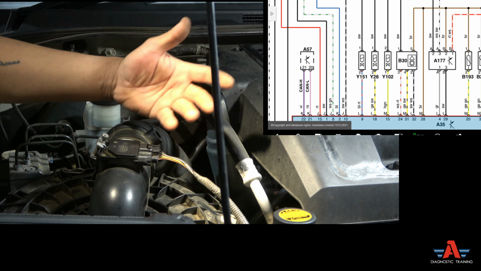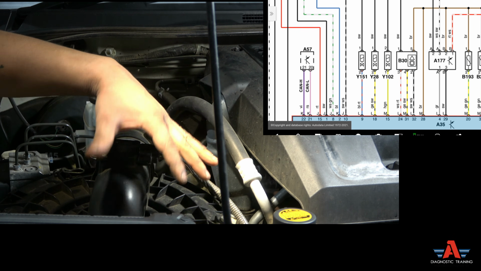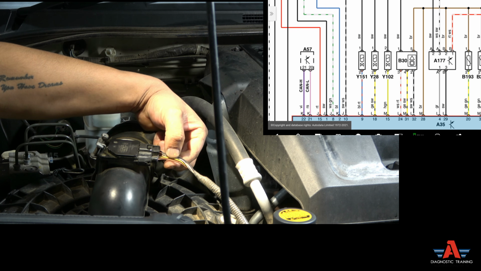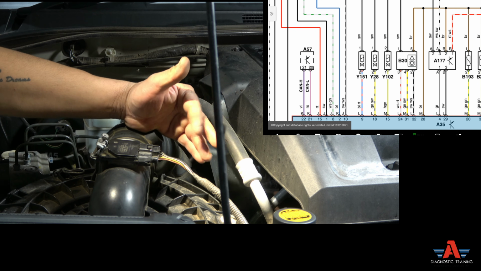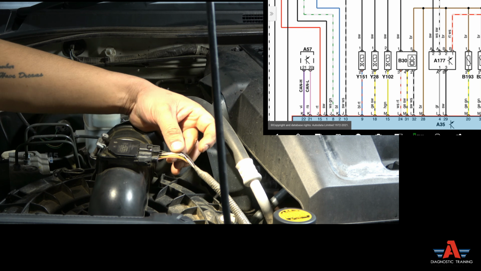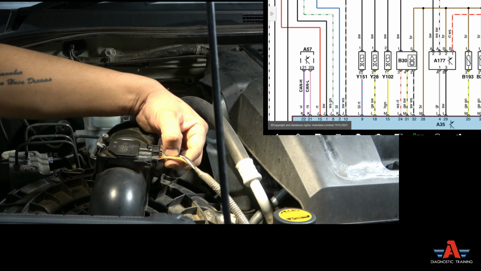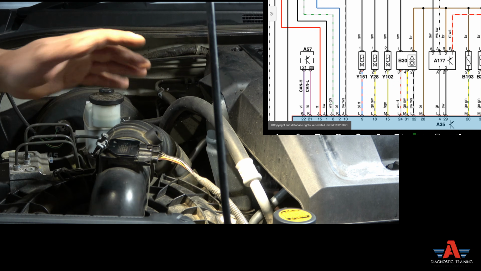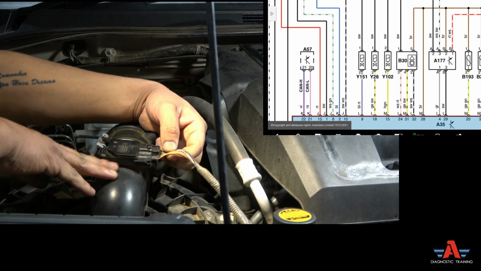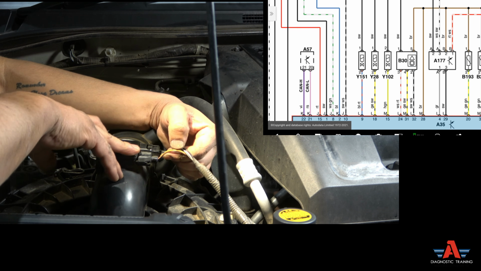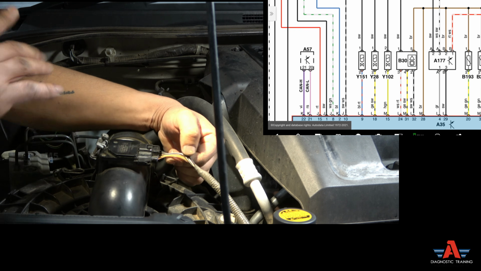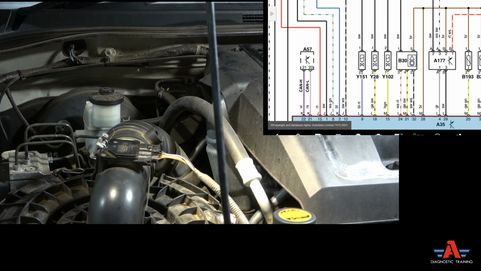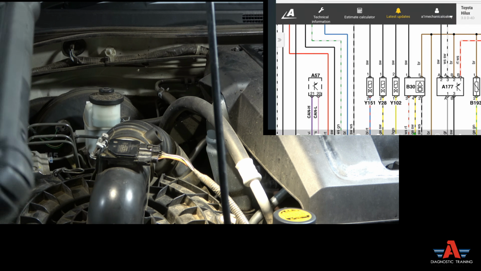start checking, and I'll probably figure out which one's which. There are ways you can figure it out when you have multiple wires in one sensor, multiple circuits in one sensor. You can always verify that without a wiring diagram. But just to make it easier, I wanted to walk you through how else we can do it here with the help of the wiring diagram. So the brown and the yellow, okay, we found that's our sensor wiring. Now let's go back to my